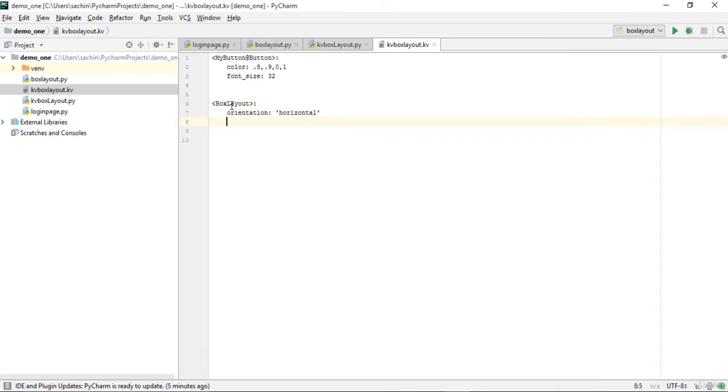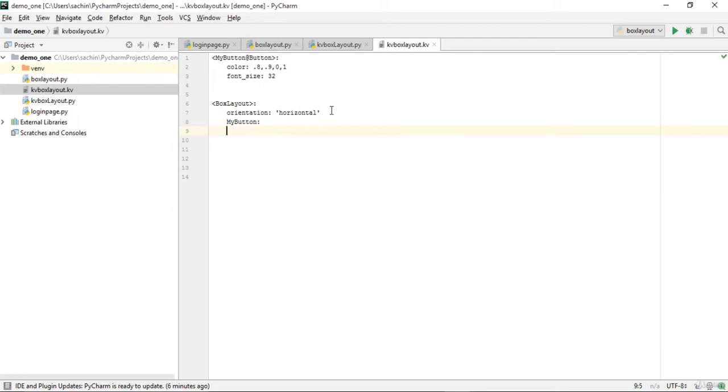After that, next thing is we'll make use of this button. So here if you see, that is my button. So if you see here, this button class was referenced as the MyButton. So basically now we can use the MyButton over here in order to reference all of these buttons. So let me go over here and reference the button with the MyButton. Here I can say MyButton, and let me put the text for the